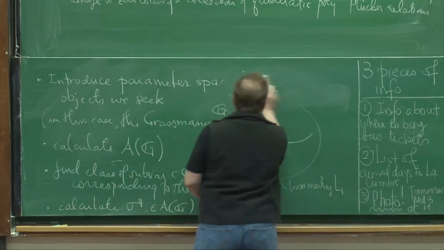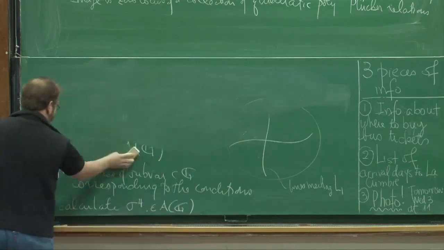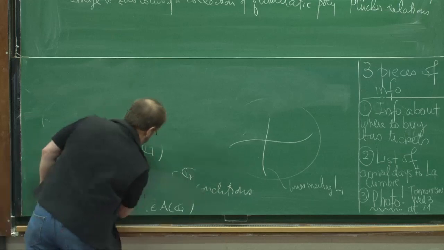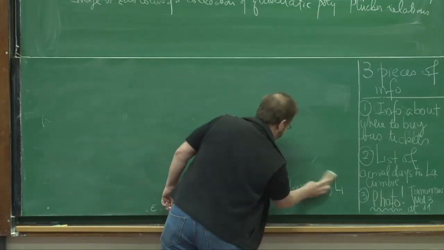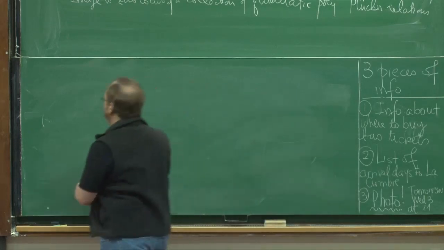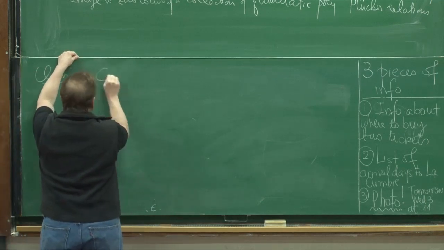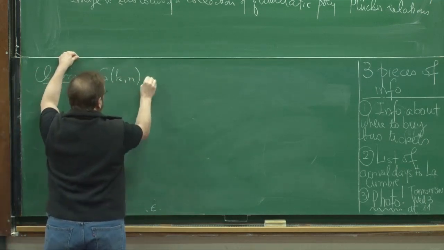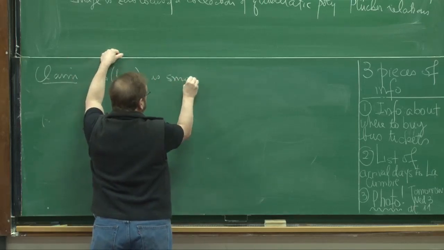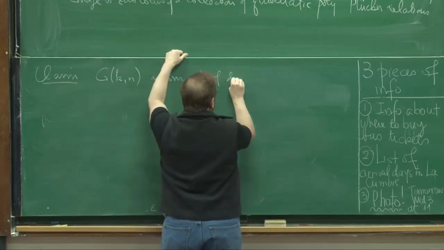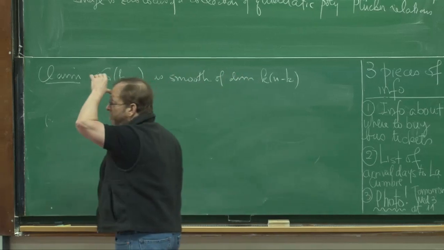And so the claim is that this locus G(k,n) sitting inside the projective space is a smooth projective variety. It's smooth of dimension k times (n minus k). And the proof is,